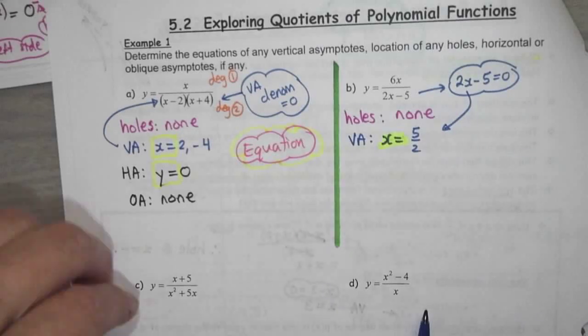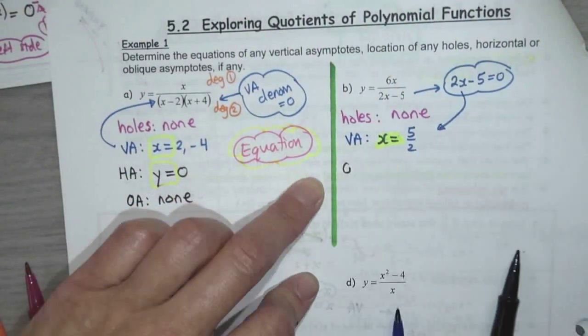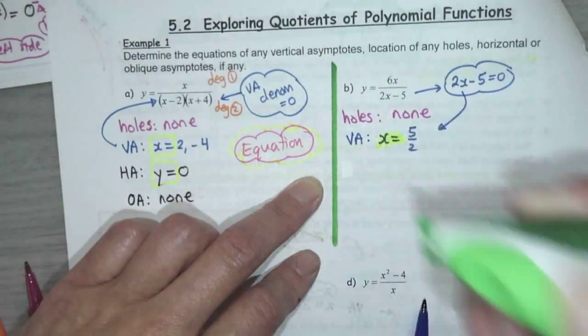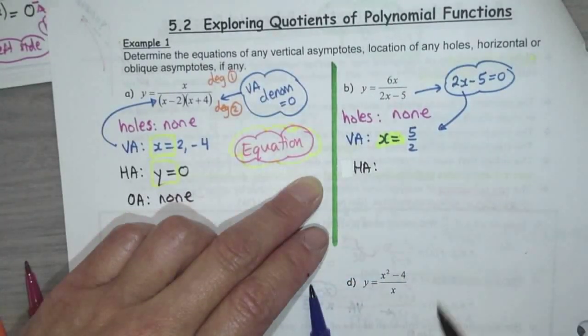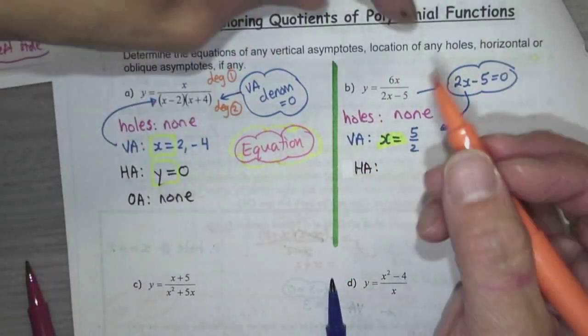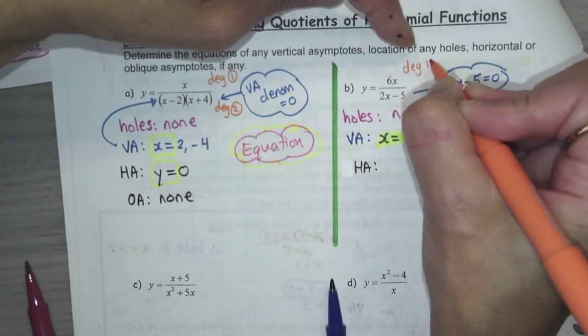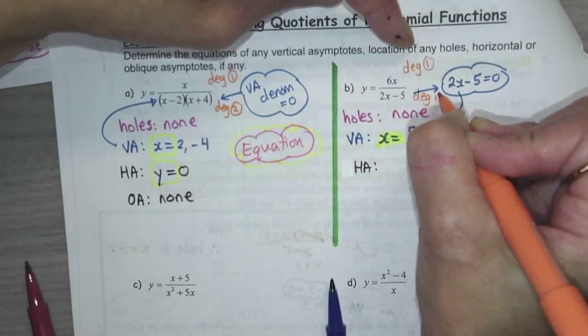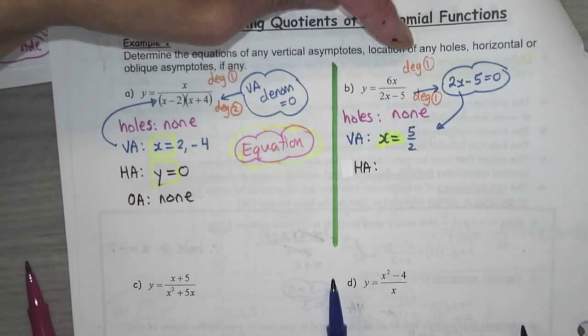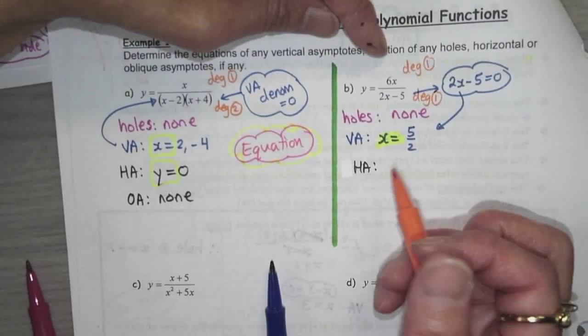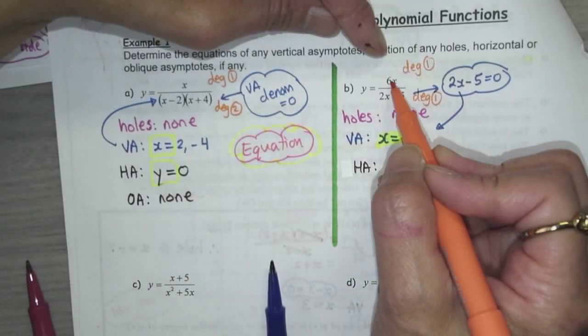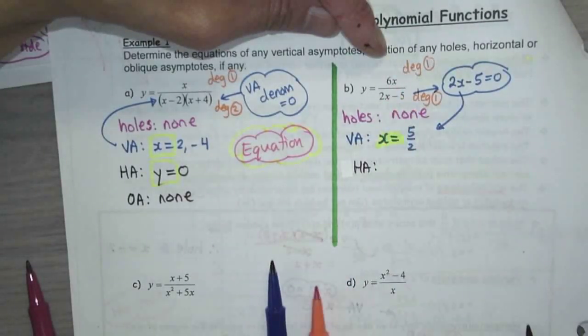Then we're going to do oblique. Let's do horizontal and oblique. I seem to always do it in that order. So horizontal, look at the degrees. It's degree 1 and degree 1. You don't have to write that, but for myself, that's what I'm comparing. If they're the same, I just look at the coefficients. So it's 6x and 2x, so I go 6